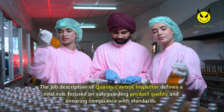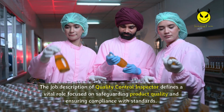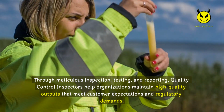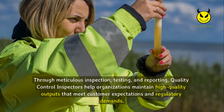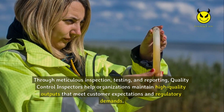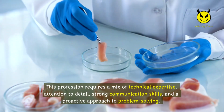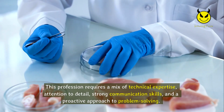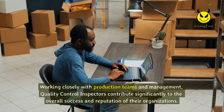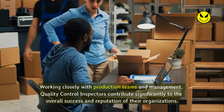Conclusion. The job description of quality control inspector defines a vital role focused on safeguarding product quality and ensuring compliance with standards. Through meticulous inspection, testing, and reporting, quality control inspectors help organizations maintain high-quality outputs that meet customer expectations and regulatory demands. This profession requires a mix of technical expertise, attention to detail, strong communication skills, and a proactive approach to problem-solving. Working closely with production teams and management, quality control inspectors contribute significantly to the overall success and